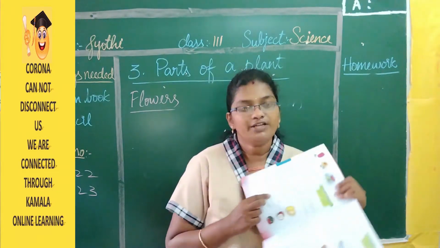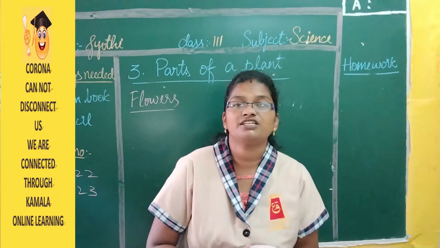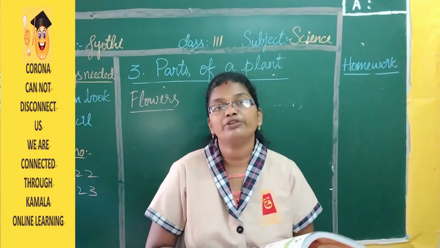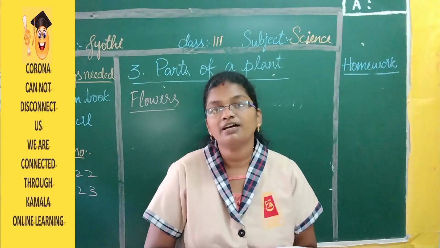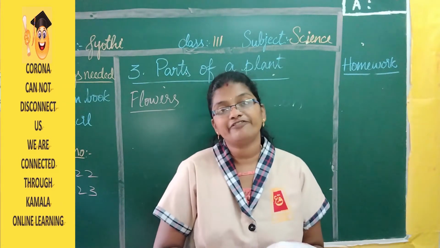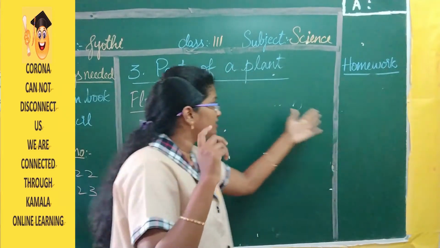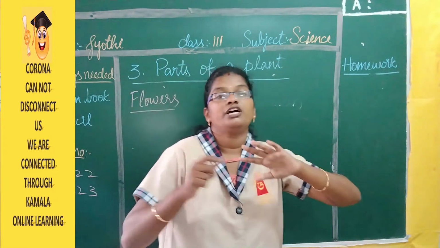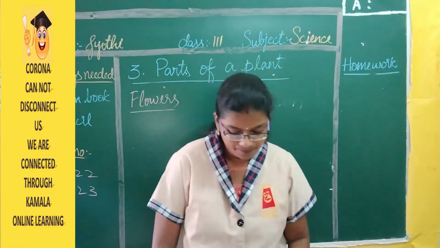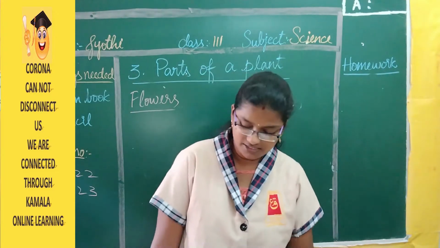Here you see, Rafflesia arnoldii. The name of the plant is Rafflesia arnoldii. It is the largest flower in the world. It will be around this much size, like the size of the board here. That much big the flower will be, right? So next coming to fruits and seeds.